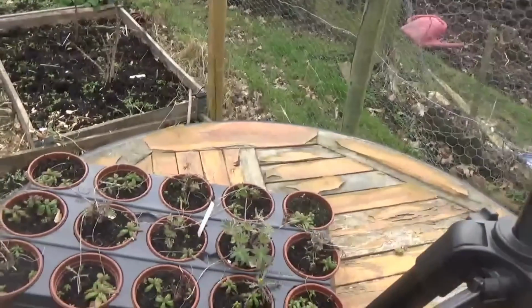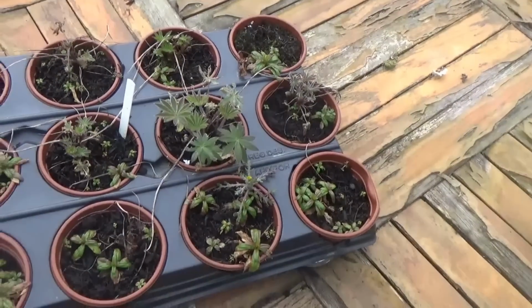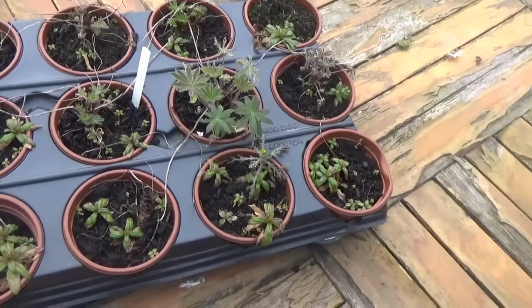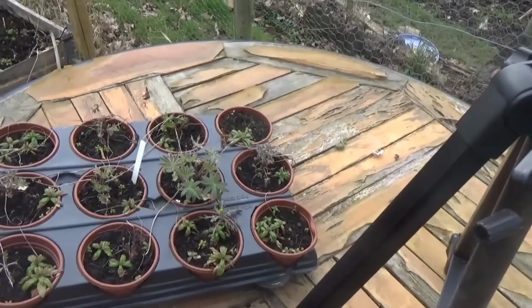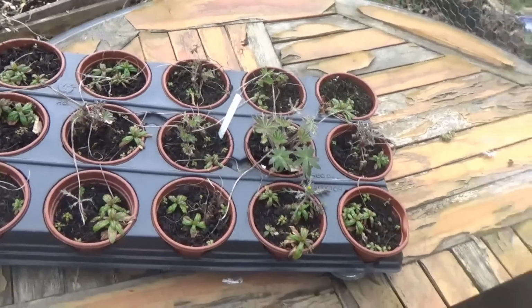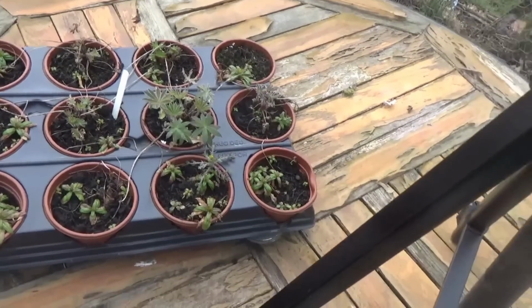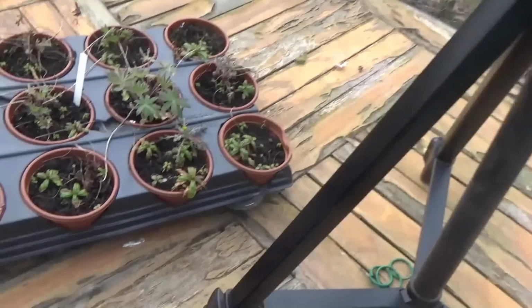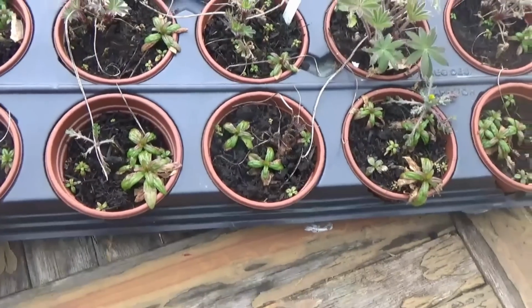Now, before we go any further, I just thought I'd show you this shuttle tray here. They've been left out. I think it was in the netted area and it was all flooded and what have you. Anyway, I brought it out, put it on the table there, and now I can clearly see that I've got